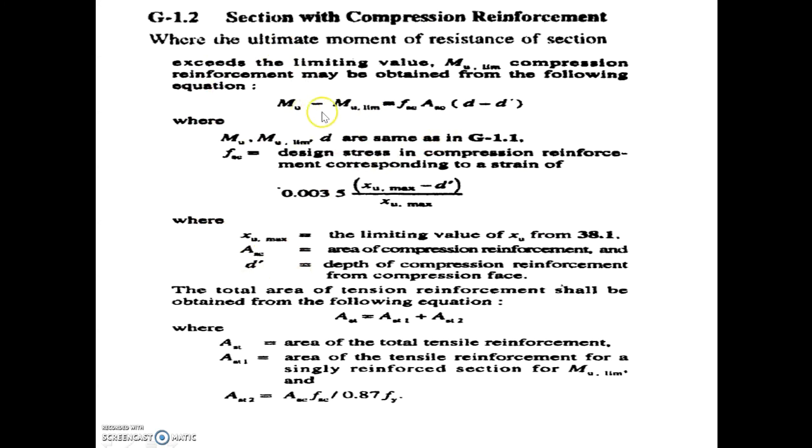After calculating the fsc value, we have to substitute the fsc value in the Mu minus Mu limiting equation. Mu minus Mu limiting is equal to fsc into Asc into d minus d dash. By solving the equation, we will get the area of steel in the compression zone, that is the Asc value. After getting the Asc value, substitute it in the Ast2 equation, that is Ast2 is equal to Asc into fsc divided by 0.87 fy. We will get the Ast2 value. Then total Ast is equal to Ast1 plus Ast2. So finally we will get the total compression steel and tension steel, that is Asc and Ast values. By using these equations, we can design the doubly reinforced beam